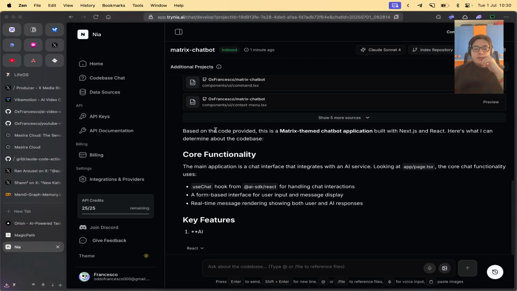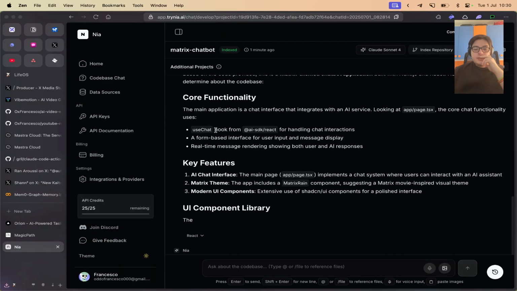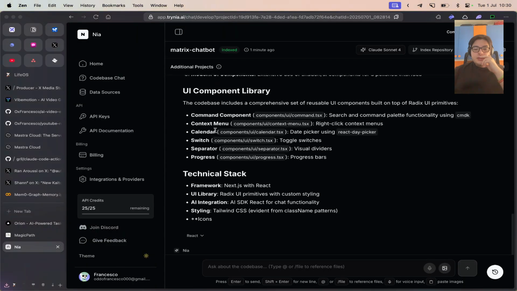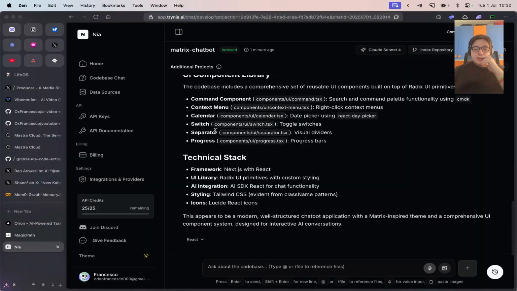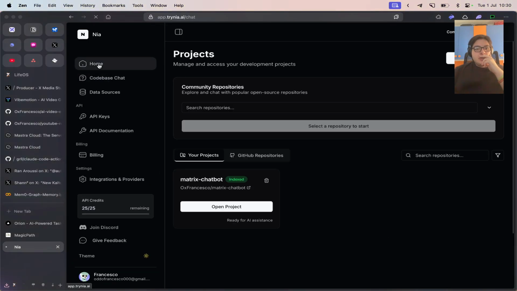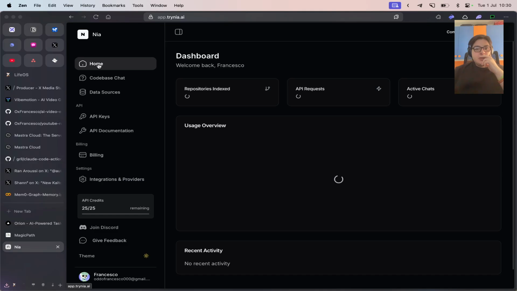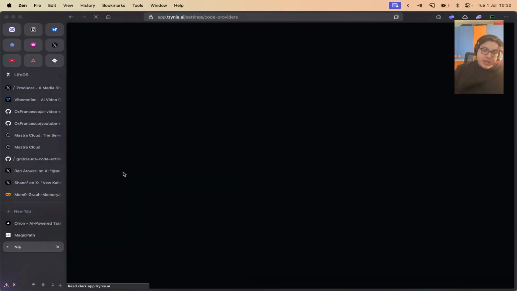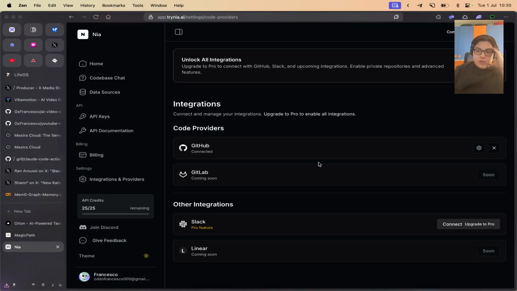It's iterating. Nice. Okay, that's pretty good. What else can you do? I think it's mostly an indexer. So